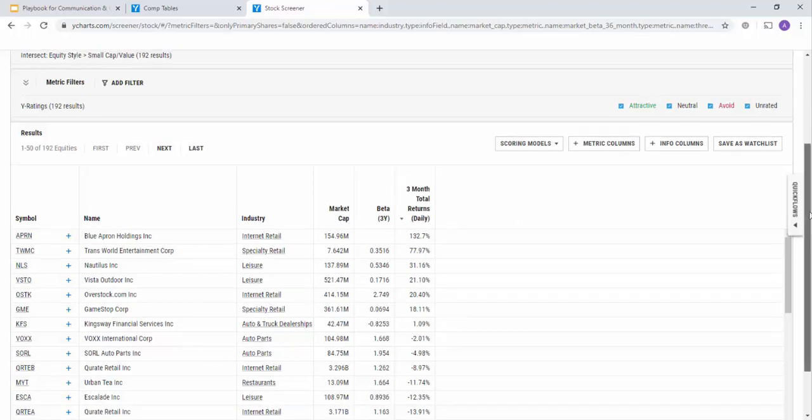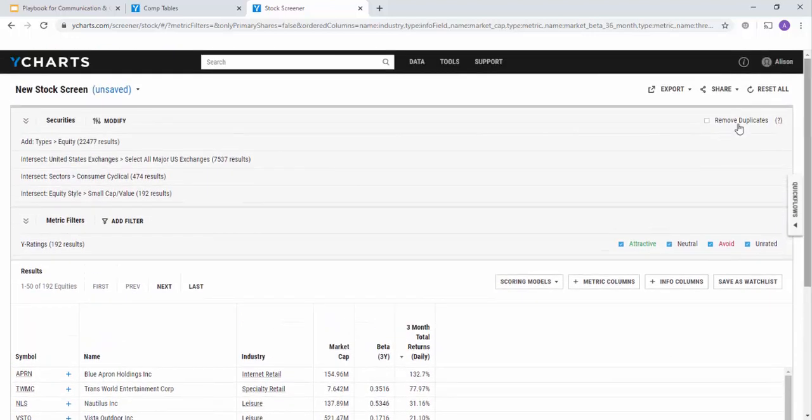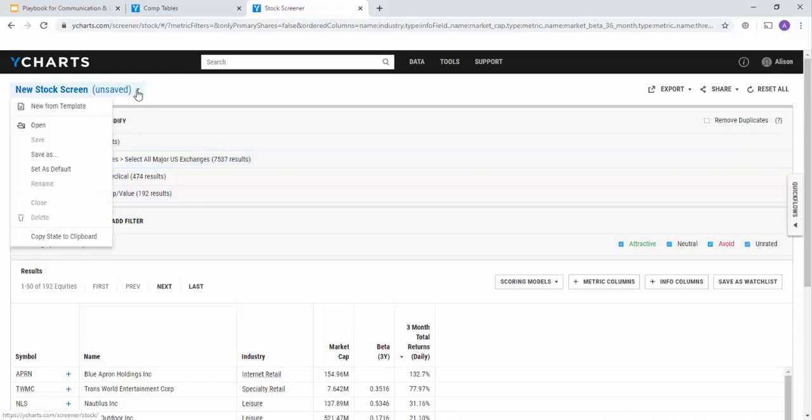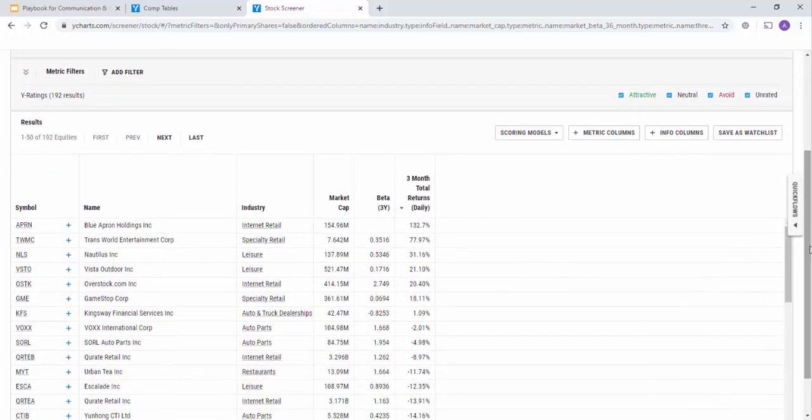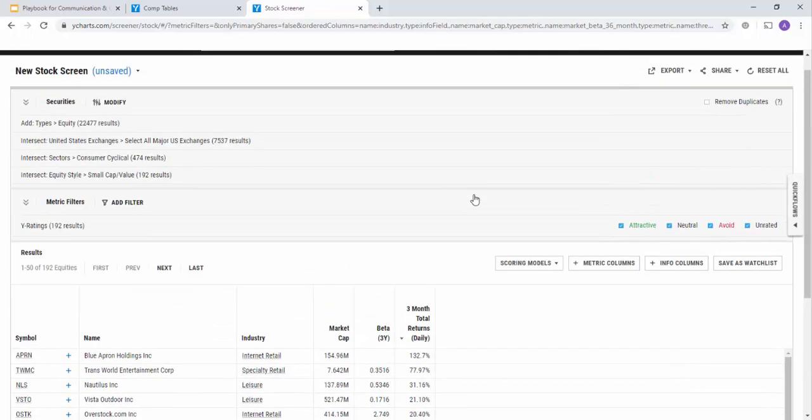If you wanted to stop here, you can easily share this stock screen, first by saving that down and then sharing it with other members of your team so that they as well could start with this screen and do their own research, adding more metric filters, adding another modify filter, just to narrow that down. But you're all starting from that same research list, so at least you're all able to start off on the